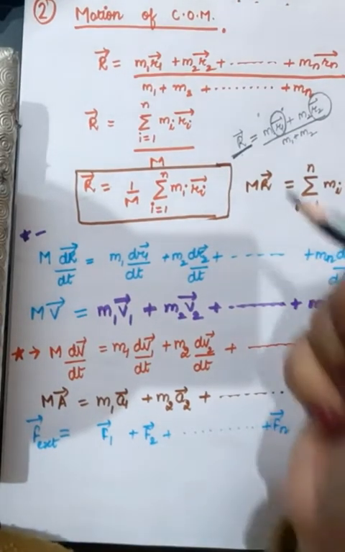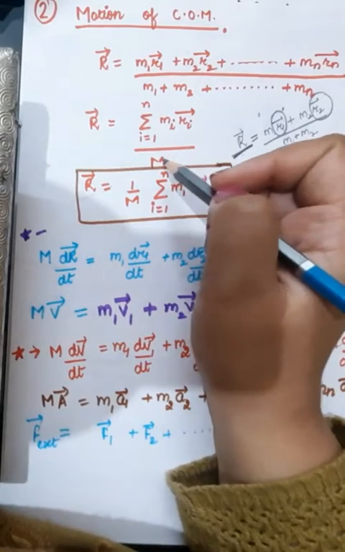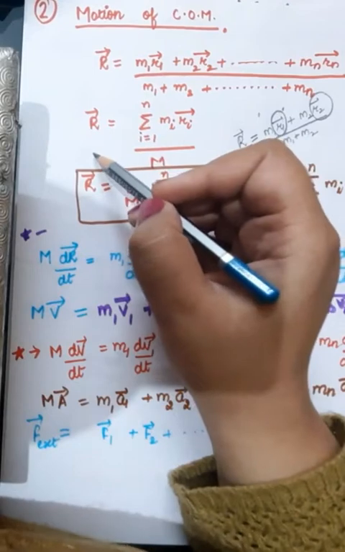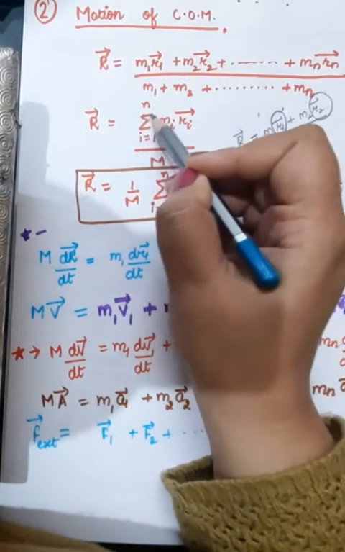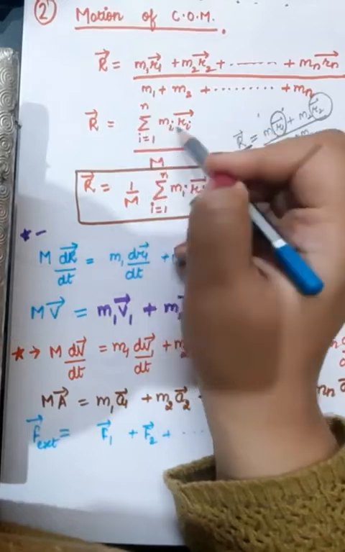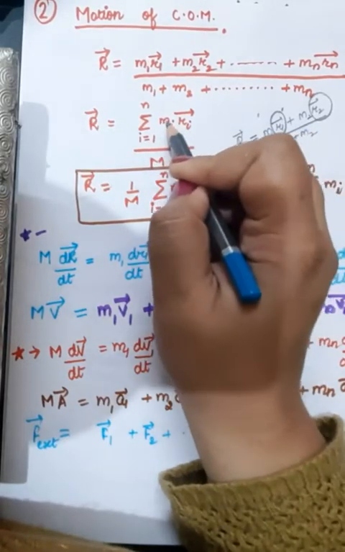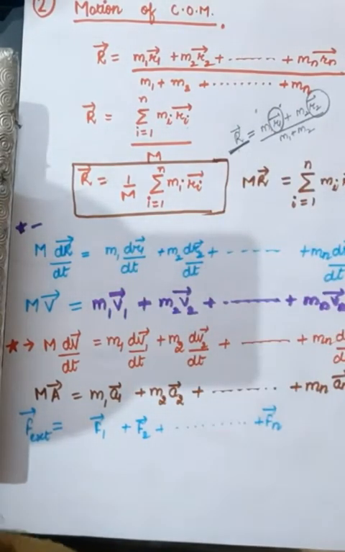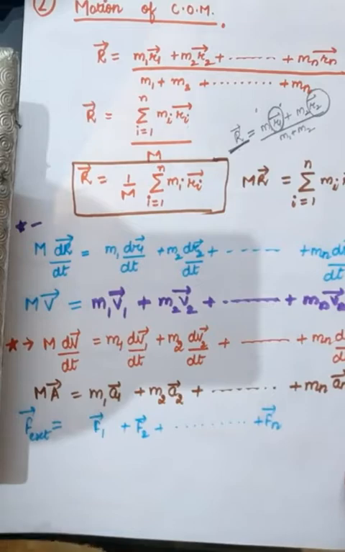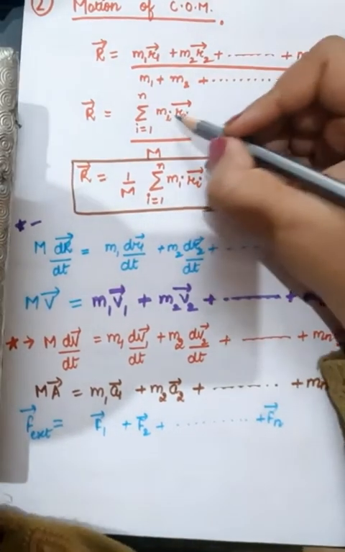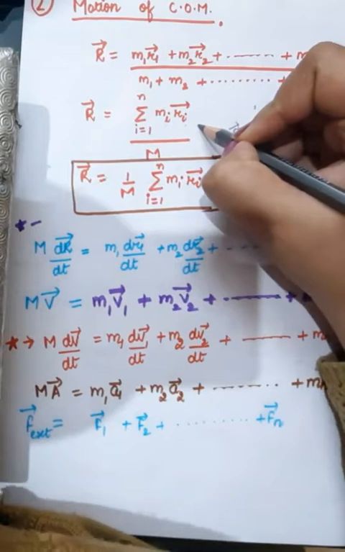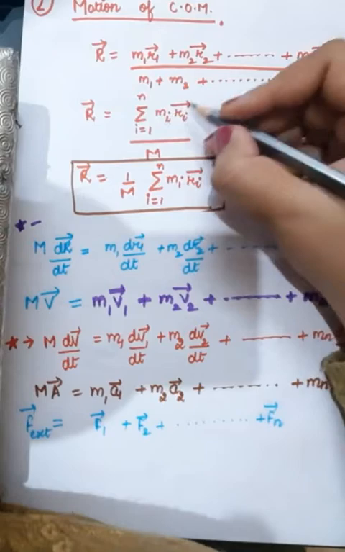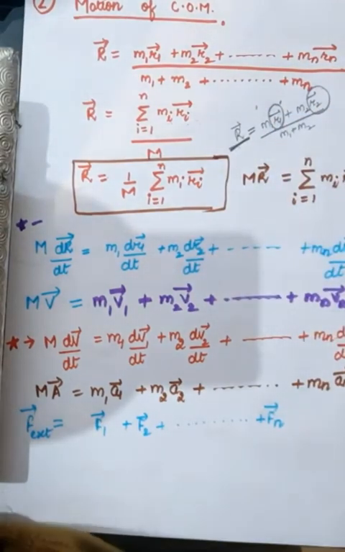Okay. So after that, what are we going to do? We are going to add the summation signs. R vector can be written as it is, and this is summation i equals 1 to n of mi ri. This means that you have to open these terms and add them, and one by one you will be changing the values of subscripts. Like you are going to write m1 r1 plus m2 r2. This i goes on running from 1 to n, and the terms are to be added, right?